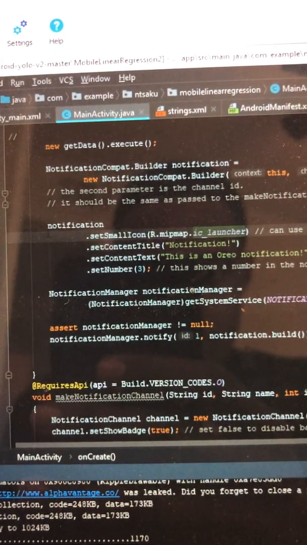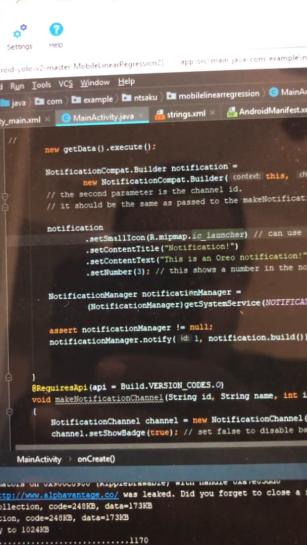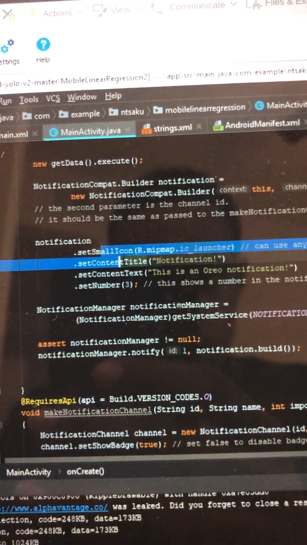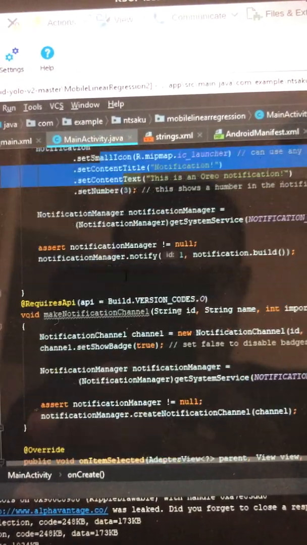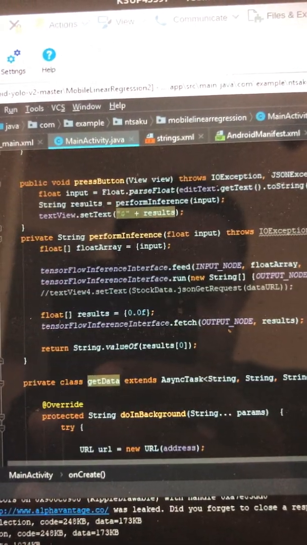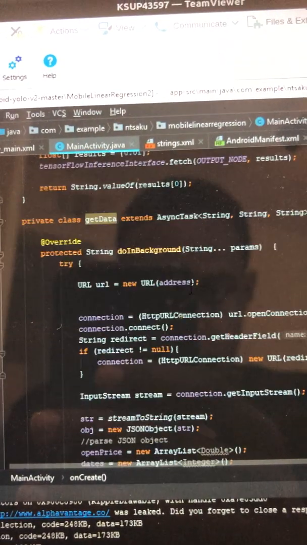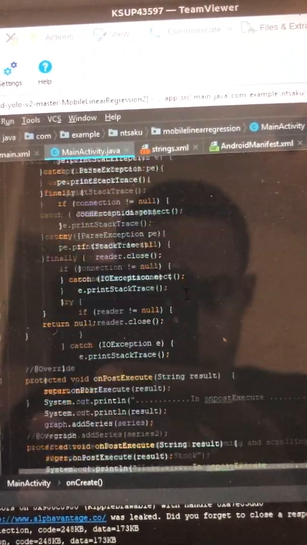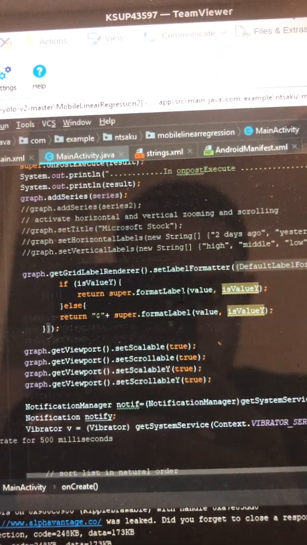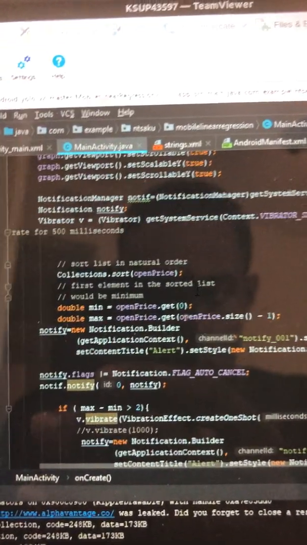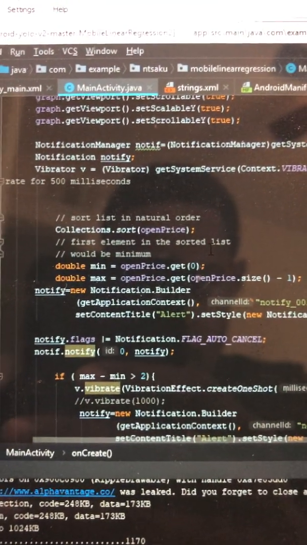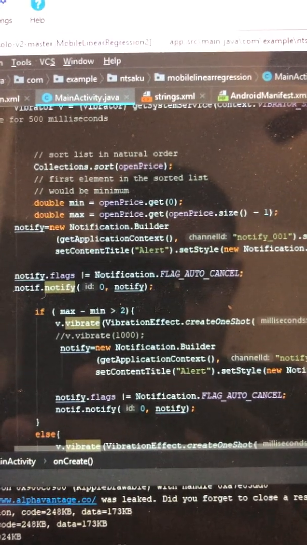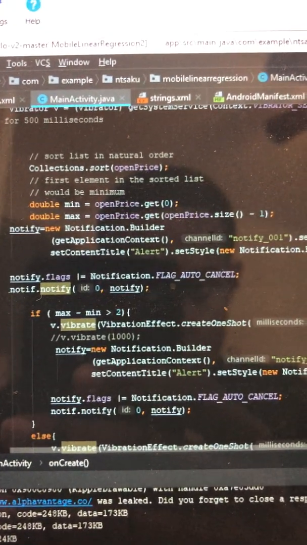So here, for instance, is where we set the icon of the stock to tell us that it has changed. Here's the notification message, and if we scroll down to our onPostExecute of the async task, we will see here is the notification being instantiated under assigned values. So here's the channel of our notification, and here's the alert,